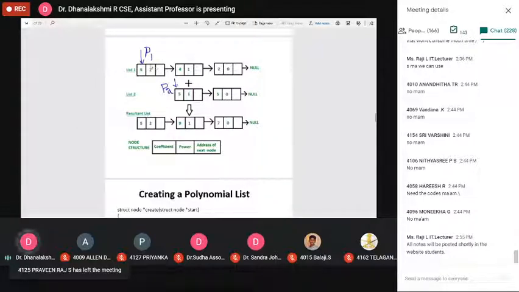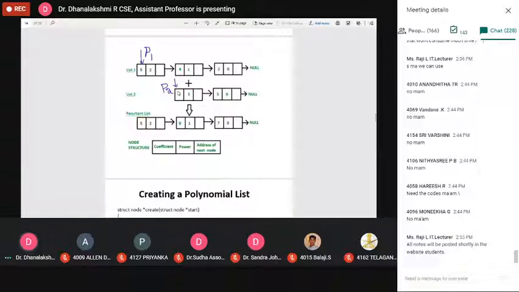Now the procedure: to perform the addition operation, we are going to compare the exponent part. For the first polynomial we are using pointer P1, and for the second polynomial we are using pointer P2.